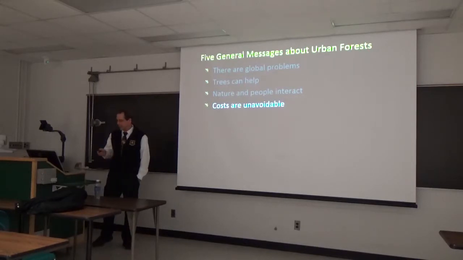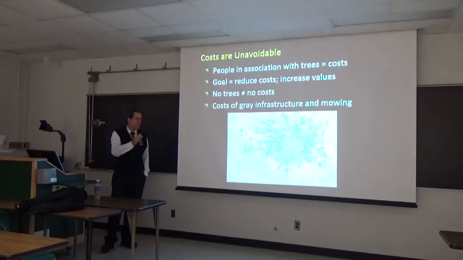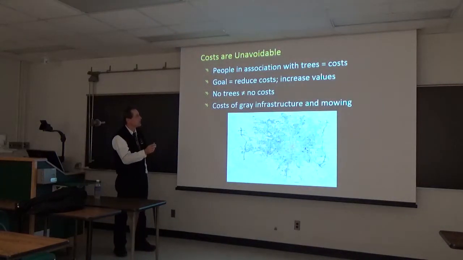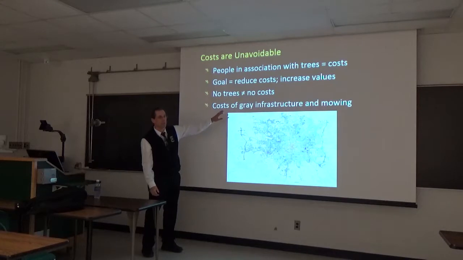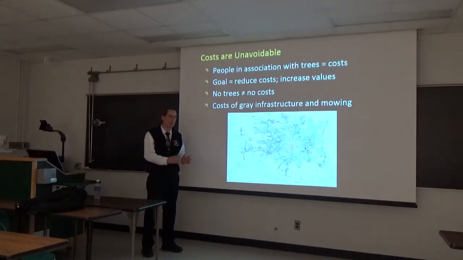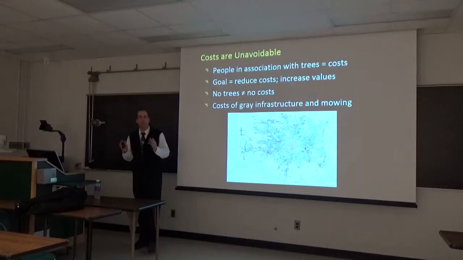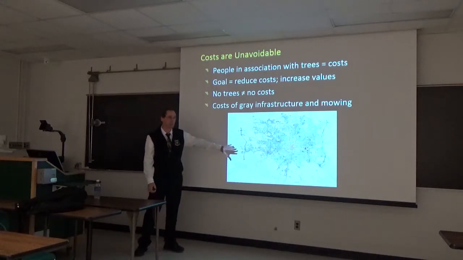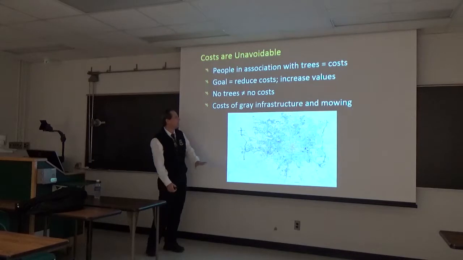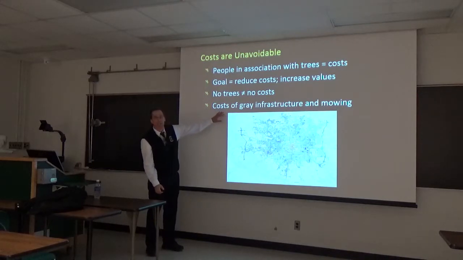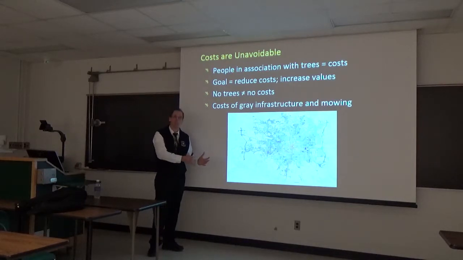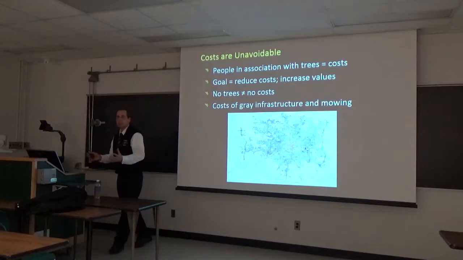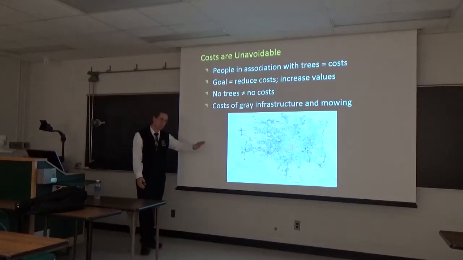So what would you do if you didn't have the forests? If you have people associated with trees, you're going to have costs. That does not mean that if you don't have trees, you don't have any costs. The costs are just shifted. So what does that mean? If I want to keep the forest out of East Lansing, where does the cost shift to? It's going to shift to constant mowing and or putting impervious surfaces down to keep the forest away. And there's cost to mowing and maintaining gray infrastructure. So basically you're shifting the burden to something else. Instead of maintaining the vegetation, which provides multiple benefits, you're shifting the burden to maintaining lawnscapes, which cost money, or